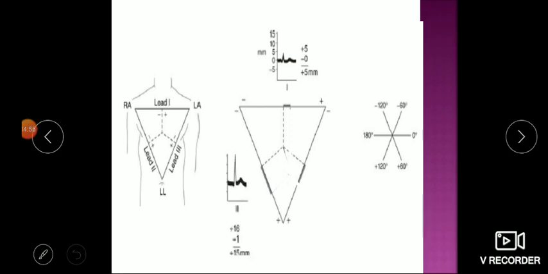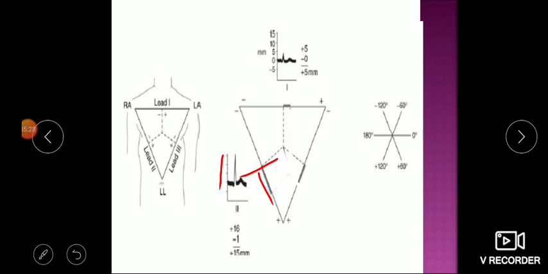Similarly for lead 2, where we have maximum amplitude, you can see the maximum height here is almost 16 millivolt, and the negative height here is -1. So the Q wave is negative here. So we take maximum positive and maximum negative. So the positive height of maximum R wave is 16, and here you can see the small Q wave which is -1. So it becomes 15 millivolt. Again, it is positive. So from the center we are moving 15 millimeters from here.